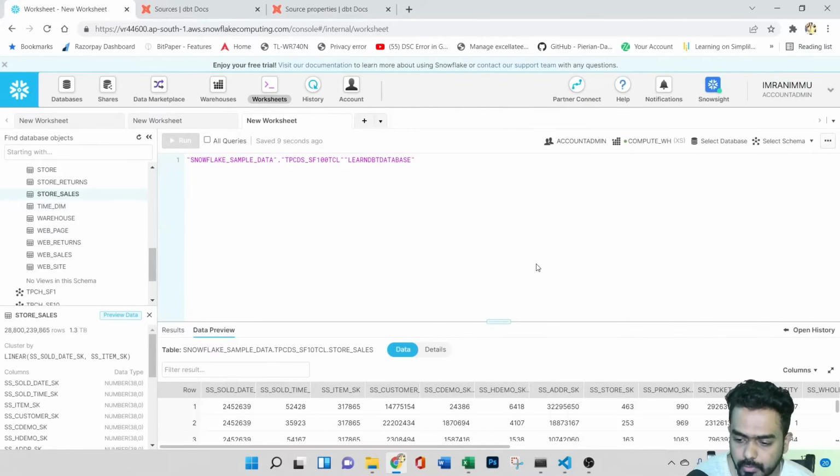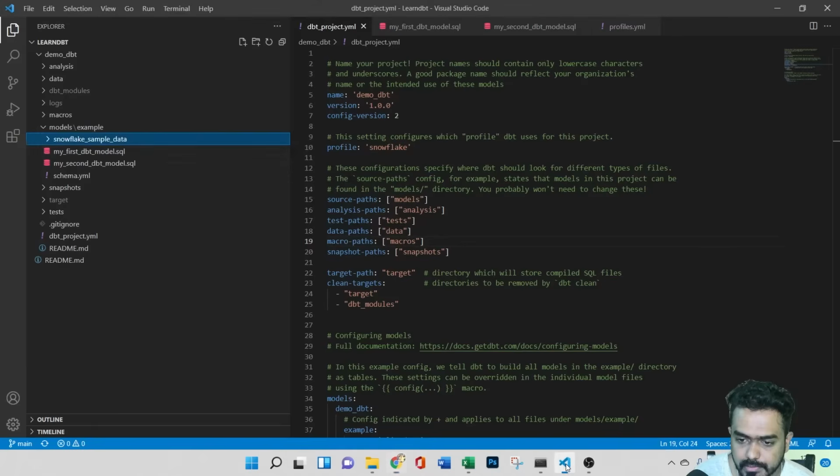Okay, so this is what we are doing. This is what the source data is. If I get back here, first I've just created a folder. Same way like inside the models we have examples, right? These are the examples. We have a schema which is a YML file, and the models which are SQL files, right? So inside this Snowflake sample data,